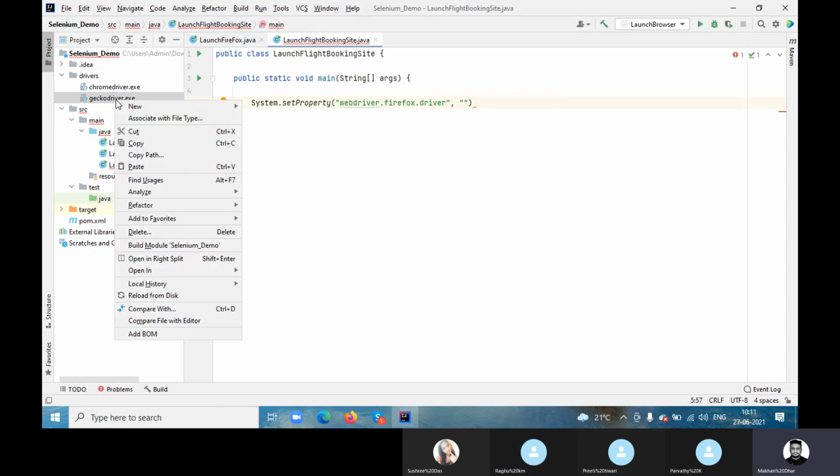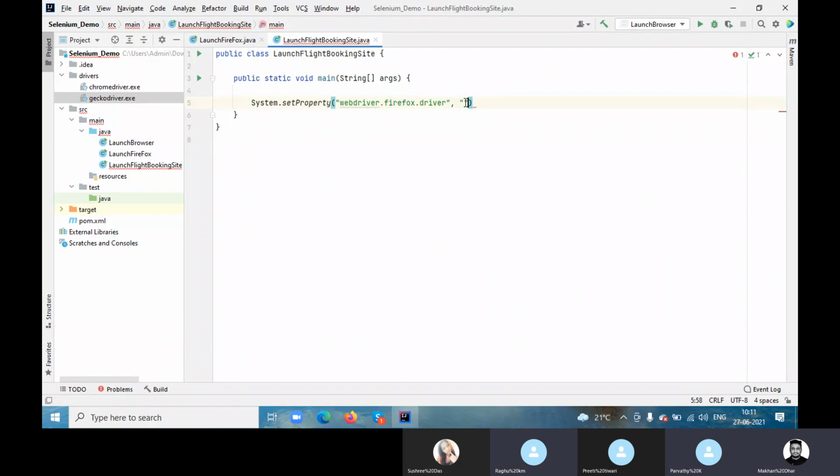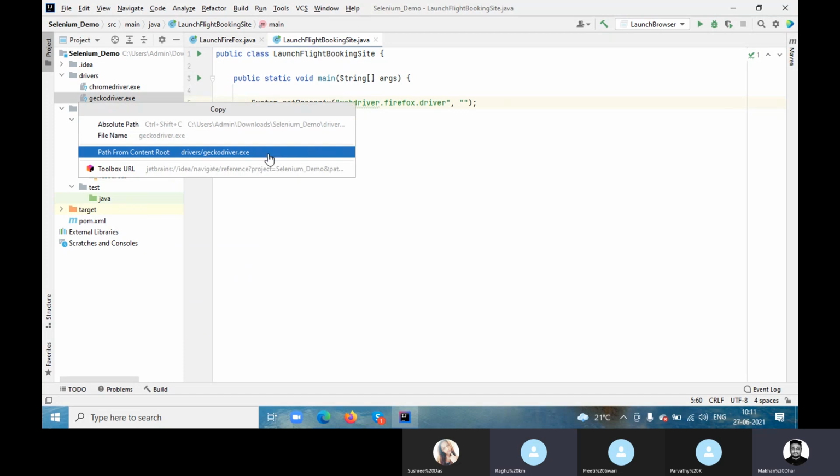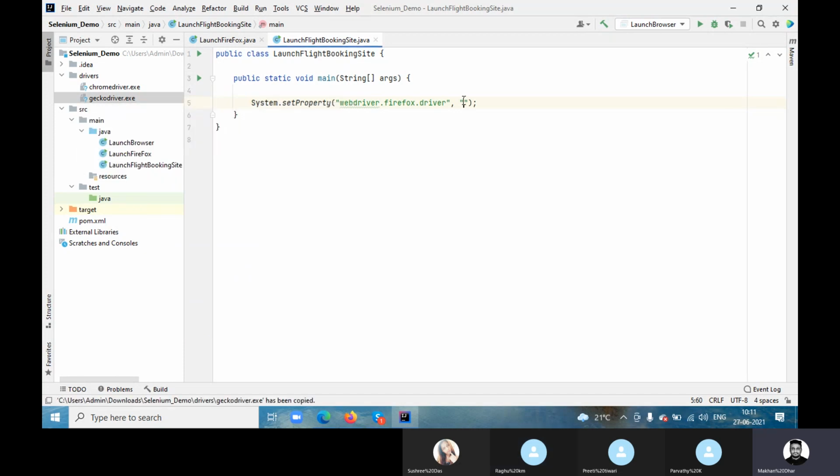Or can I take the Chrome browser? Let's take the Chrome driver. Taking Chrome, instead of Firefox you need to mention Chrome browser. Let me copy whatever it is.